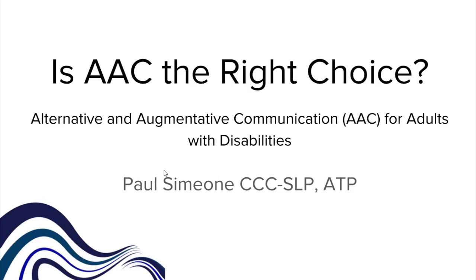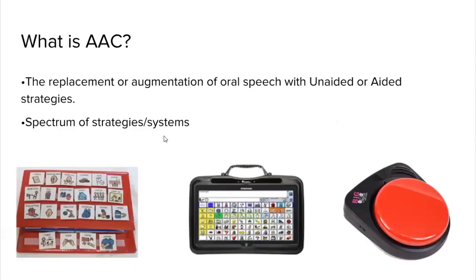Thanks, Carrie. My pleasure. Hi, everyone. I am really excited to talk to you today about this. This is a topic that's really important. I work with children ages 3 through adults, mostly people with autism spectrum disorder and developmental disabilities. And as Carrie mentioned, I focus heavily on using alternative and augmentative communication for adults and for kids and transition age people. So I'm excited to talk to you about that today.